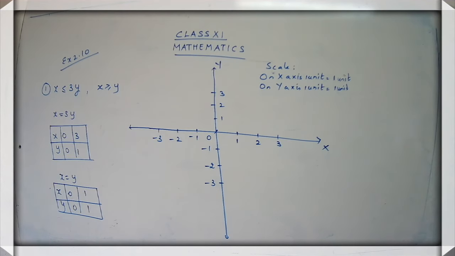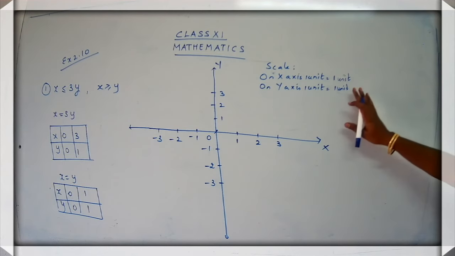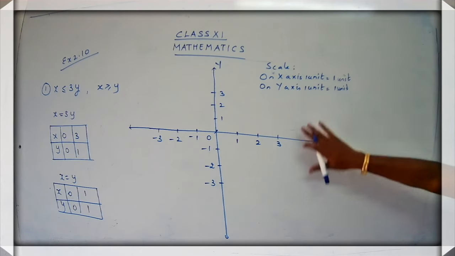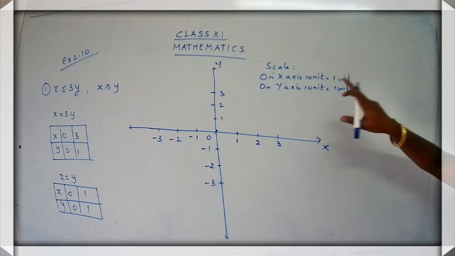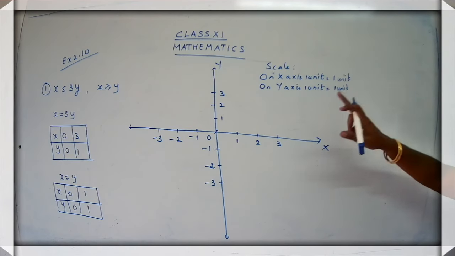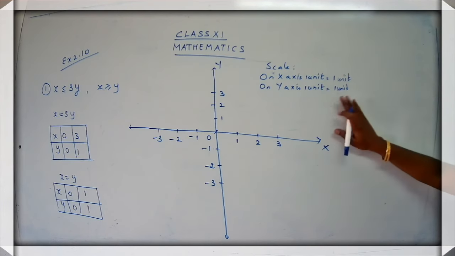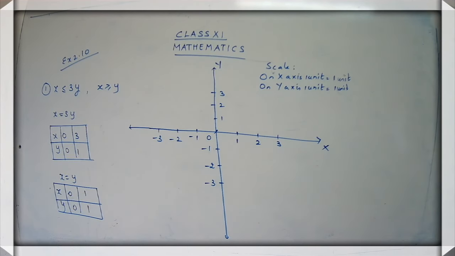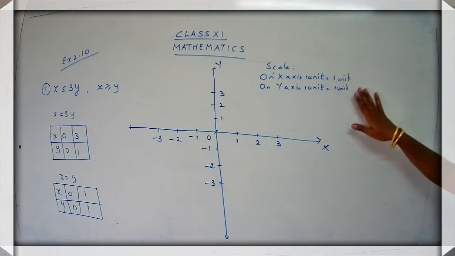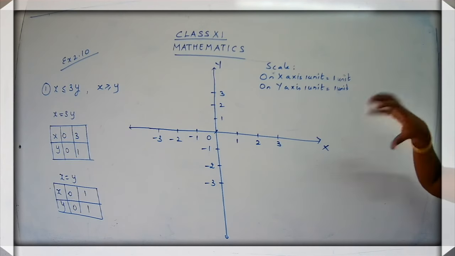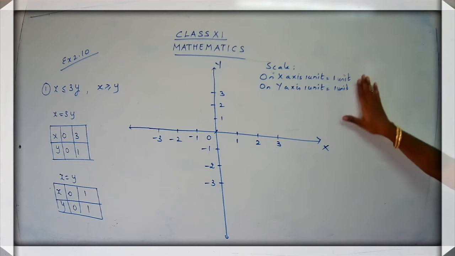Okay? Yes. So you are going to write all the details with a pencil. You know that on the graph paper, you are going to write with pencil only. So don't write the scale with a pen. You have to write the scale with pencil only. Okay children, are you ready with this part? So we have taken 1 unit as 1 unit itself, and on the y-axis also we are taking 1 unit as 1 unit. That is correct. We can write in this manner because we don't know the exact units. So I am just going to mention unit alone.